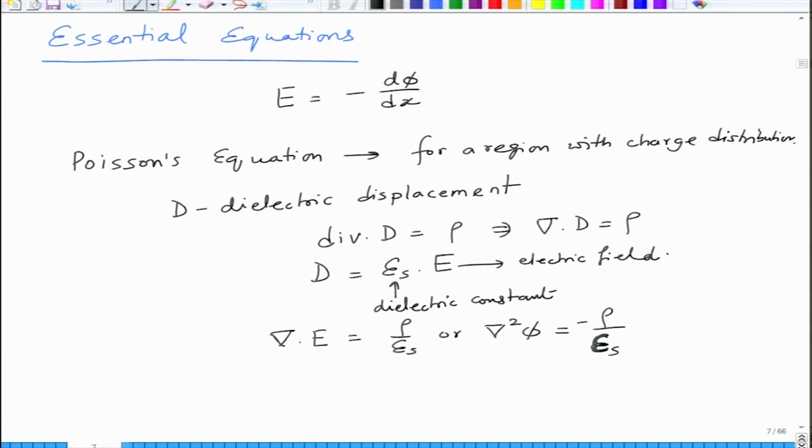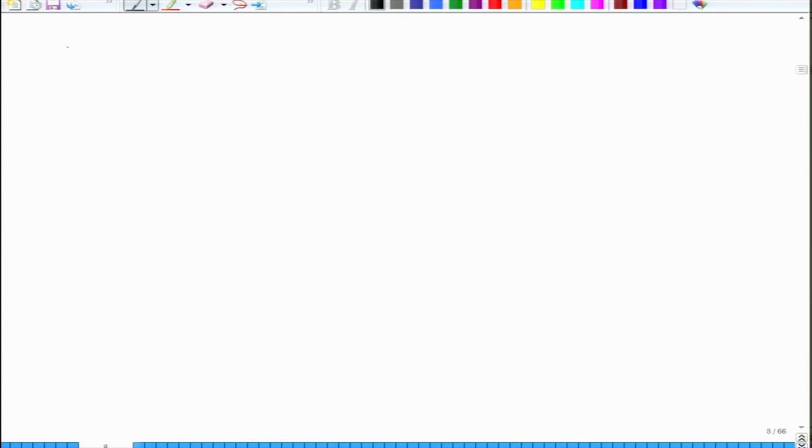So, basically Poisson's equation says that del of E, or divergence of E, is equal to rho divided by epsilon S. Rho is the charge density. So the divergence of electric field is basically proportional to the charge density in the material. This comes from the basic physics, right. So, now in the context of a p-n junction,